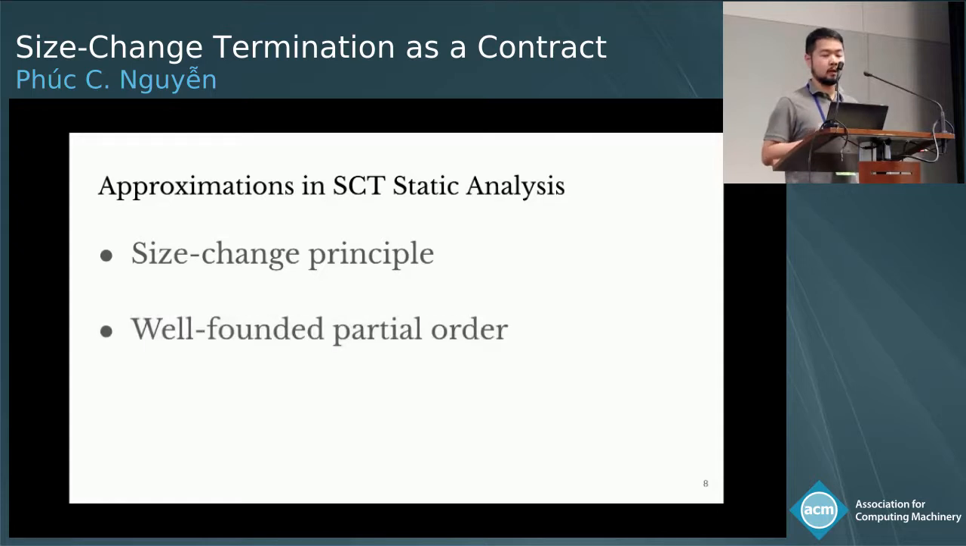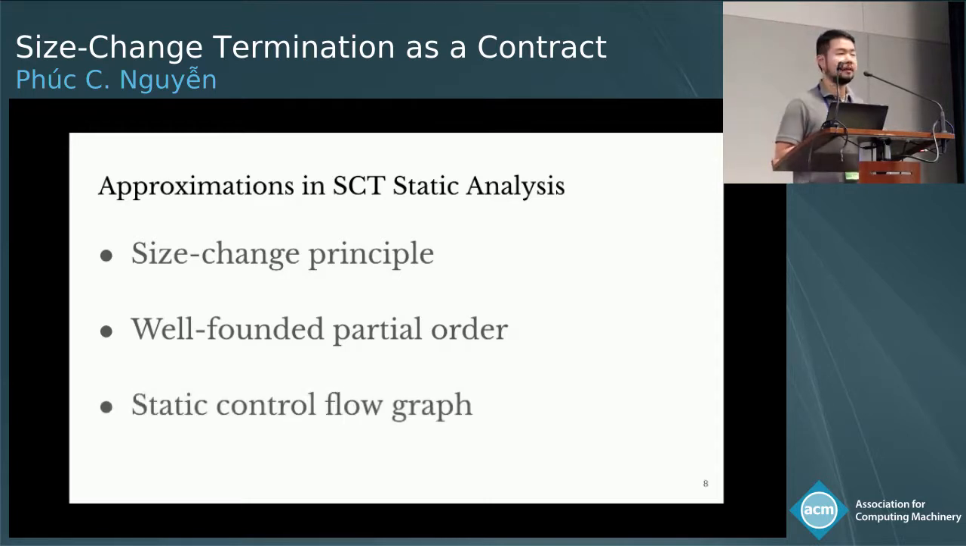The analysis is parameterized by a well-founded partial order, and no matter how sophisticated the order is, we can always have a program that descends not following that order. And finally, the analysis first relies on a control flow graph, which can be a significant approximation of what actually happens at runtime, especially for higher order programs where multiple functions at runtime can be conflated at static analysis time